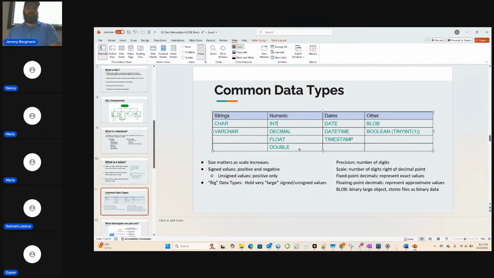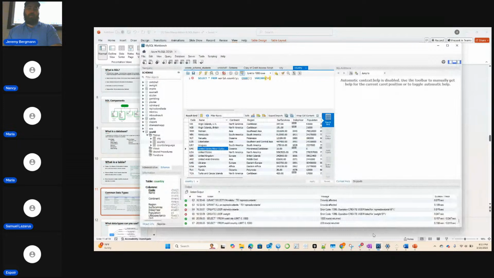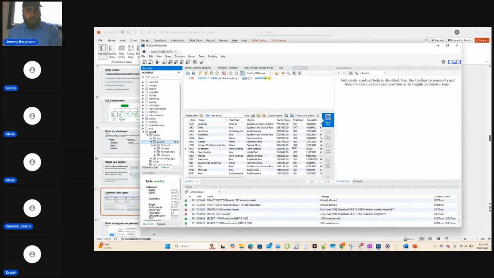So you have integers. Integers are just your whole numbers, 1, 2, 3, 4, 5, -1, -2, -3, -4, -5. Your decimals, you can define these in different ways. Let's see if I have a good example of this, like your surface area. Let's see if I click on this, if it'll tell me what the type is.